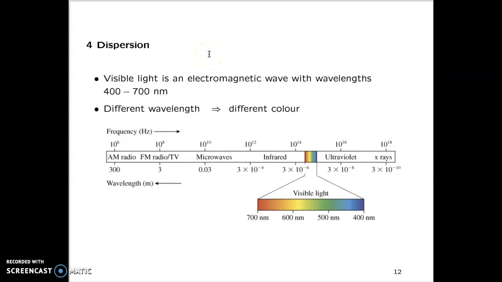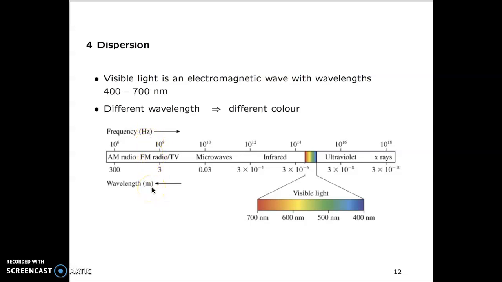Okay, one last thing to discuss, and this is the phenomenon of dispersion. So electromagnetic waves are fundamentally all the same thing, right? They're oscillating electric and magnetic fields. What distinguishes one wave from another? There are several properties, but one of them is the frequency, or equivalently, the wavelength. When I say equivalently, I mean that for any given frequency, there is a corresponding wavelength